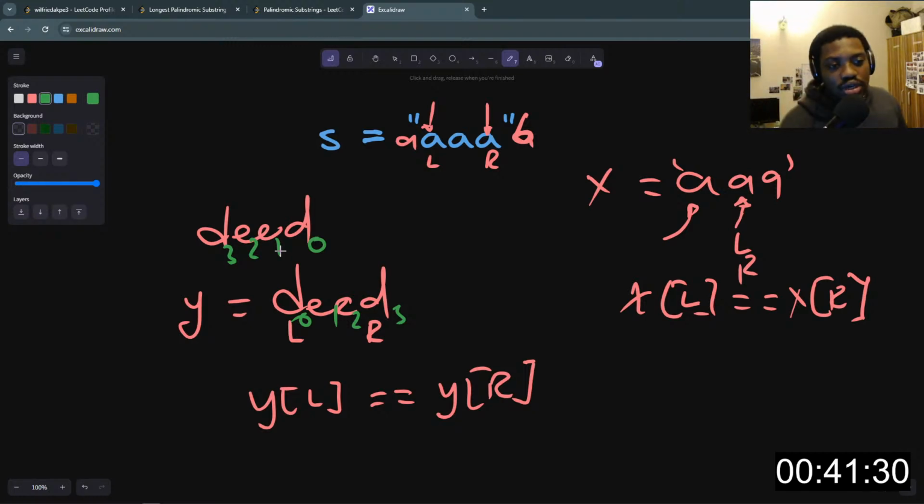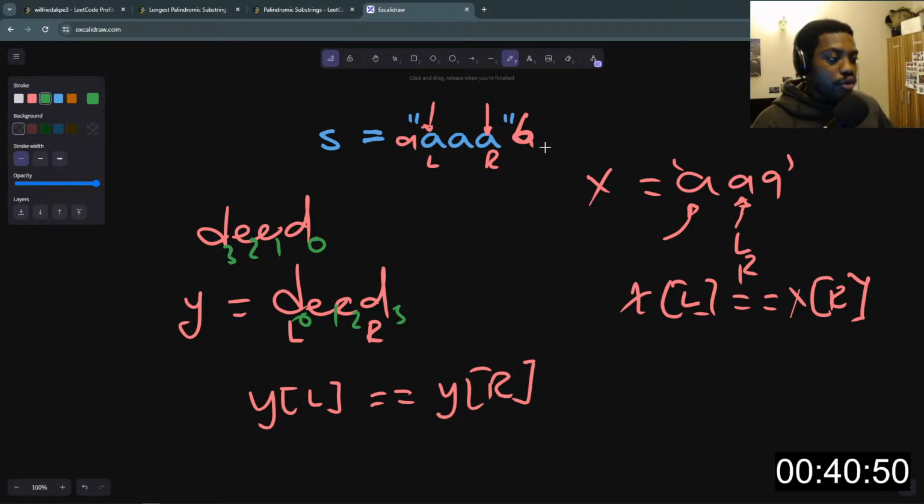Now, this question wants us to not only find out which characters in the string, or the substrings that are part of the main string, are valid palindromes. We know that every single character in the string is a valid palindrome, and also combinations of characters. So we have to form that valid palindrome